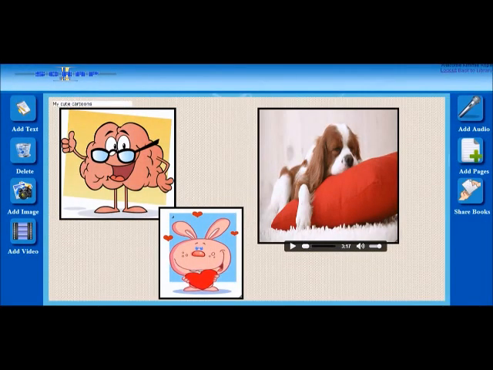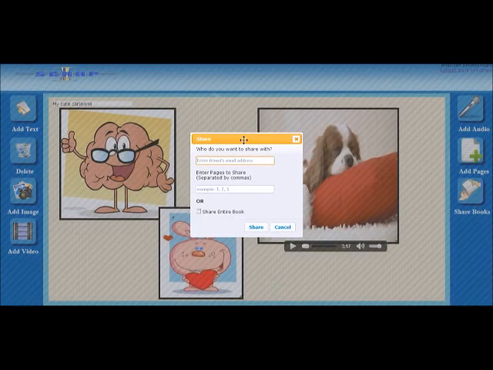I'm gonna share my book. So to share a book, you just click share books, and this cute little dialog box comes up. So to share a book, you have to enter your friend's email address, person that you want to share it with. So I've already entered some test data into the database, so I'm just gonna share it with Danny at test.com,